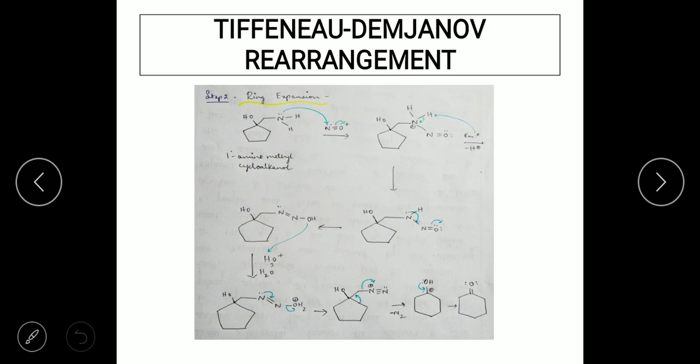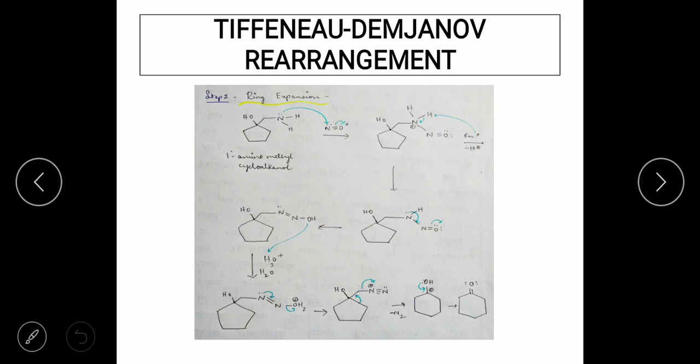So you see here, now nitrogen is bonded to 3 atoms and is having a lone pair. Now the next step would be that the lone pair on nitrogen is going to form a double bond with the other nitrogen, and there is going to be movement of electrons from the nitrosonium ion towards the oxygen to give O minus. Now this O minus is going to grab the proton H plus to give rise to NOH.